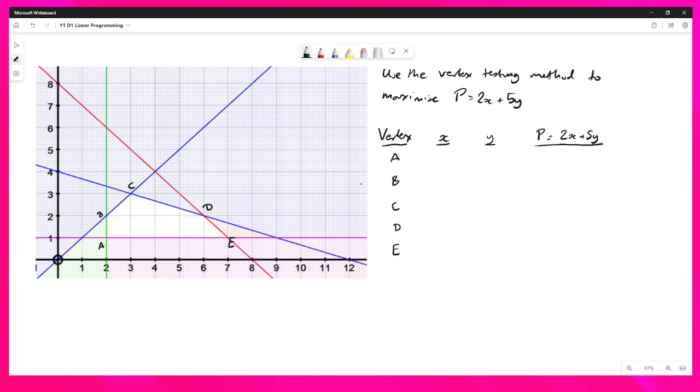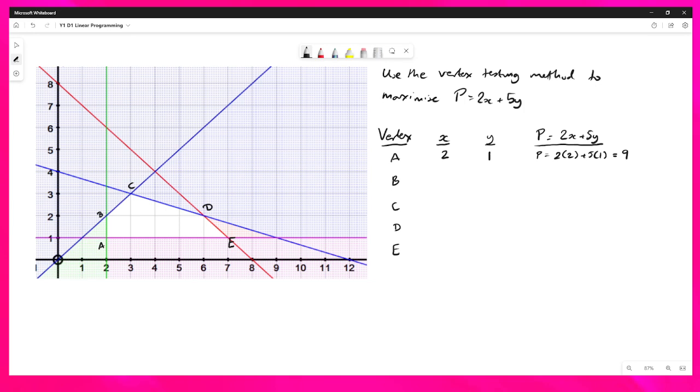So at the point A, you can see our X is 2 and our Y is 1. So P is going to be 2 times X plus 5 times Y, which is 9. Very clear, very informative. You're going to do this for each of the vertices,